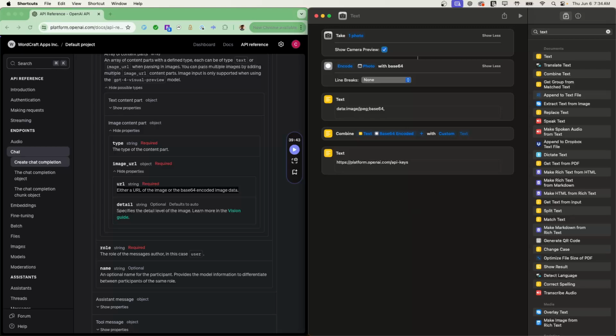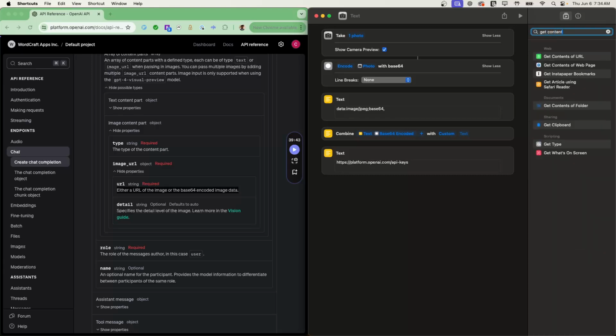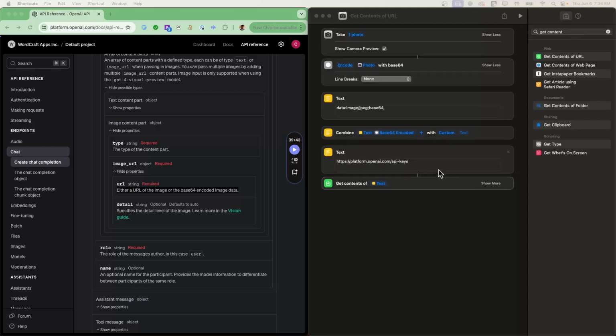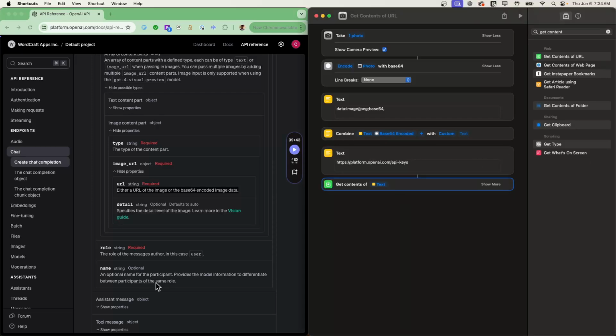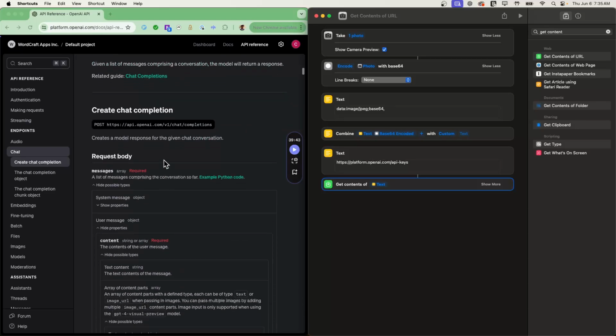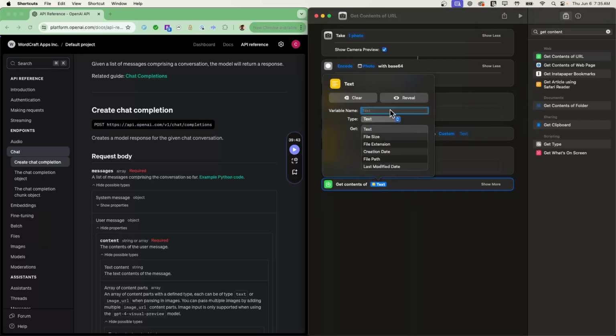And then next we're going to actually make the URL call. So there's a shortcut here called get contents of URL. And you'll see in a second, this is also why I prefer building the shortcut on the Mac, because when you're doing this one on your phone, it's a lot of nested menus that get kind of annoying to deal with. So we are going to use this API, post to chat completions. So we'll copy that, get contents of